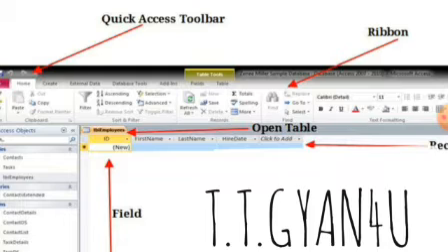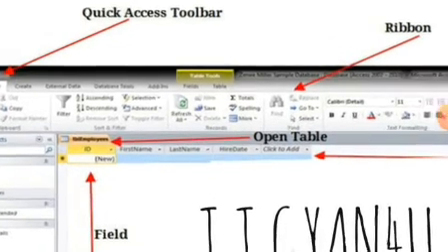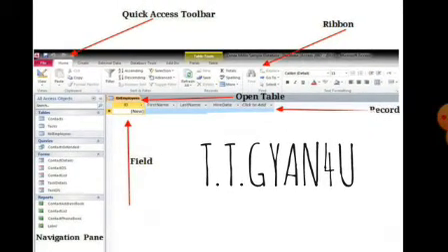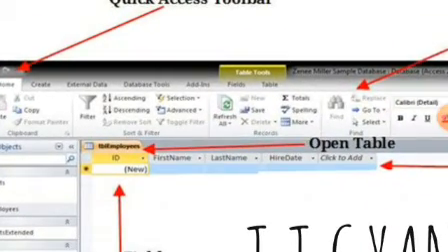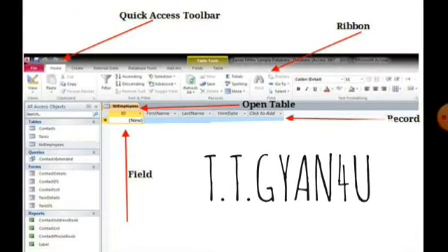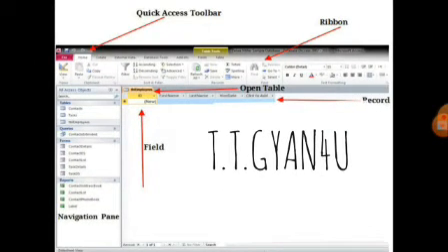You can see the combinations like sort and filter, records, find. All these small tools together form a tab, a group of tools, and that group of tools is what we call the ribbon. Now what is a table?